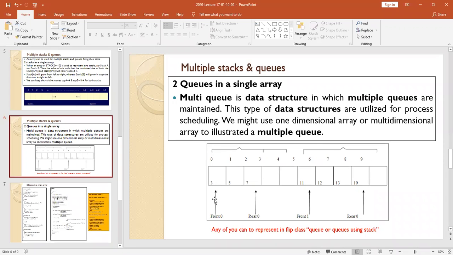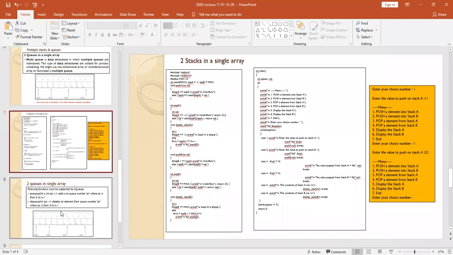So front end of 0 and rear end of 0, front end of 1 and rear end of 1. Sorry, it is not 0, it is 1. Because this is one particular queue, this one is one particular queue. This is the concept of multiple queues in a single array. Okay. So now you have to go with this particular